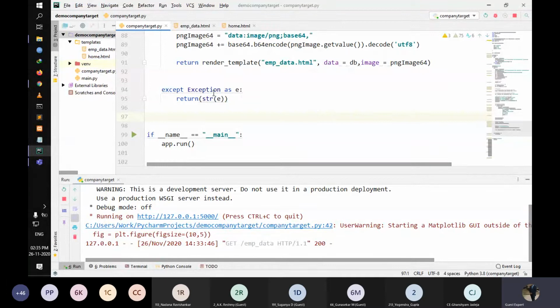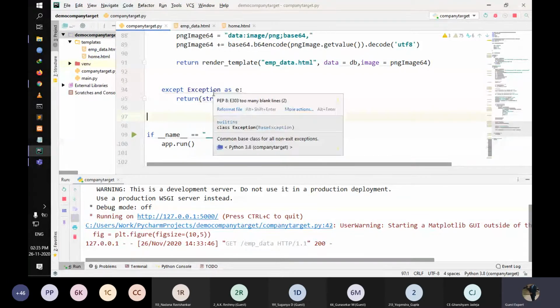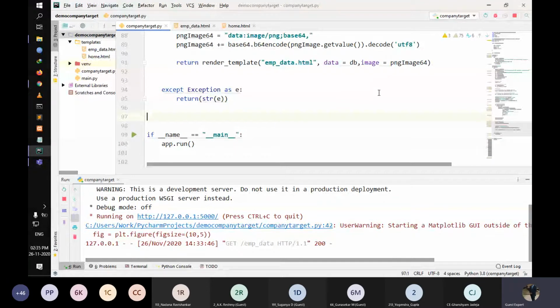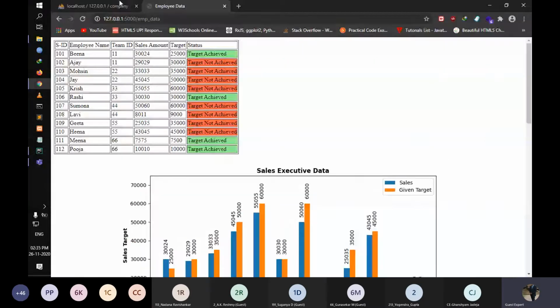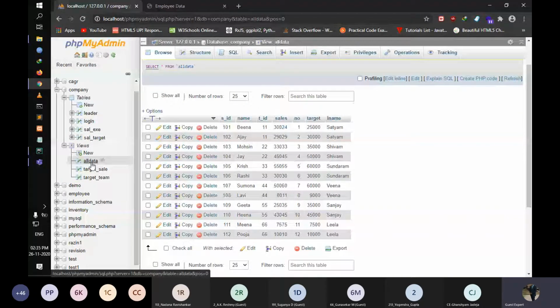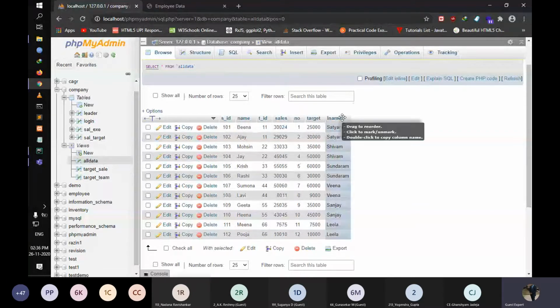Right now we don't have much data. Every team leader has only 2 sales executives. But if there's more data and we need to filter it per team leader, for that we are going to write code now. One more thing, you will receive the file so you can see: I've made some changes to the database in the view section. There's an L name column here that I just added. When we share the SQL file again, it will be updated with this. This is the only thing that's changed, and it won't cause any issue with the previous code.